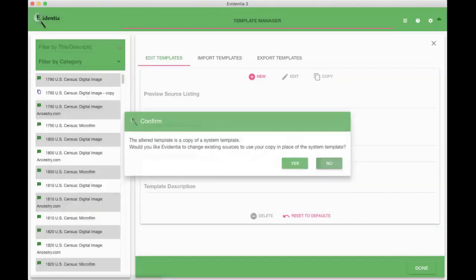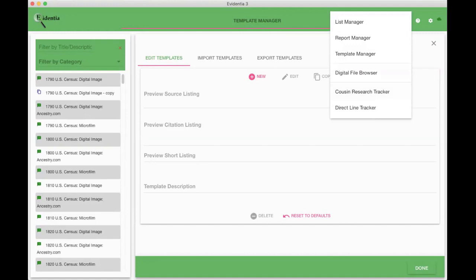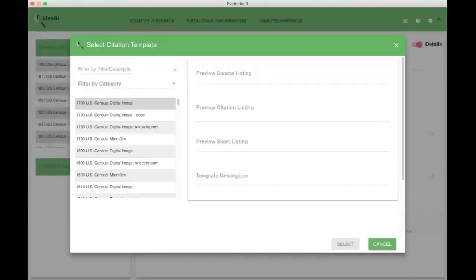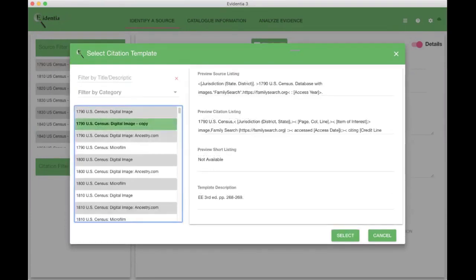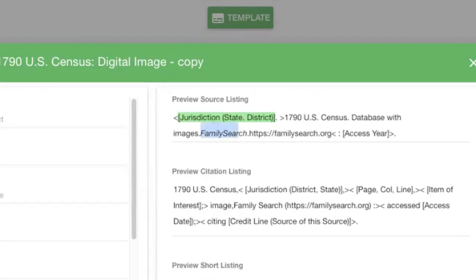Save and back. I don't want to make any changes. When I go to identify a source and I pick a template, oh, I didn't change the title. Here I would have changed the title and said FamilySearch.org or whatever it is. I select it, and you'll see that the name of the website and the URL is already pre-populated with all